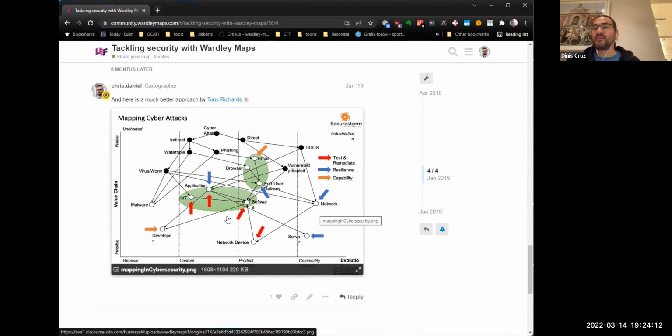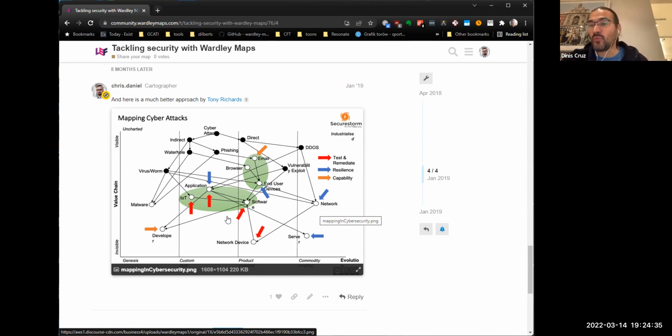The fact that somebody can say, why are you putting my network devices over there? Why are you putting my vulnerability exploitability over here? That is also part of the power, because then you make sure that you're all in the same boat. You get to define how you read this. And once you can agree on how you're reading it, what's your definition of Genesis, custom, product, and commodity, or what lenses you're seeing this through,